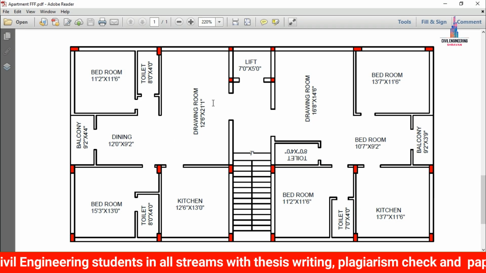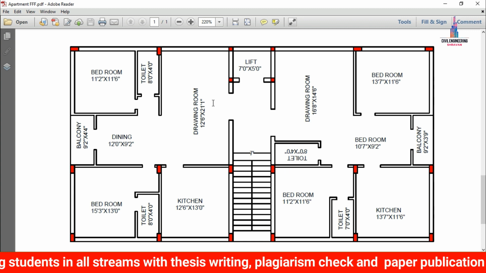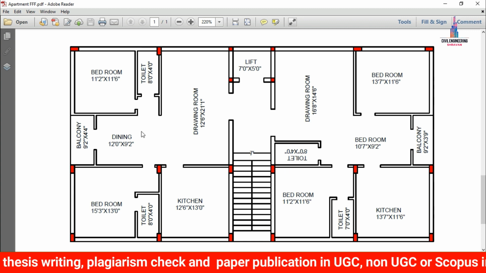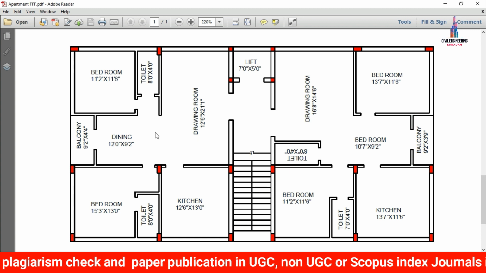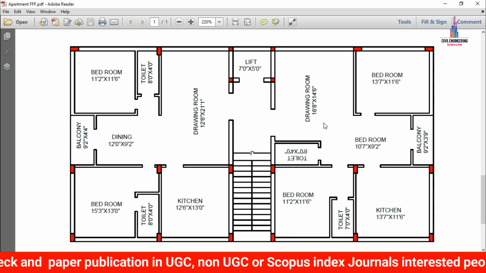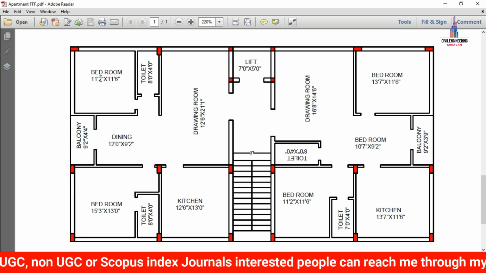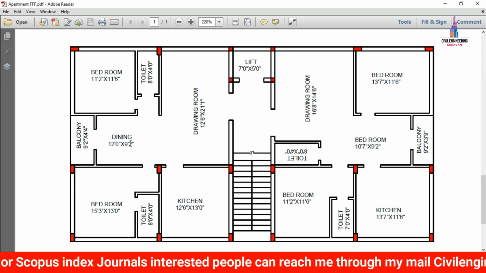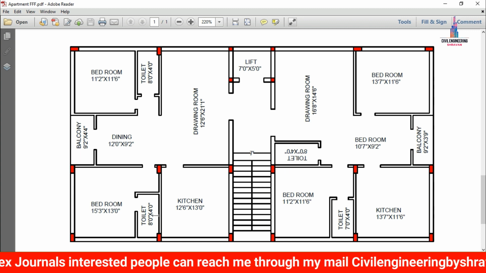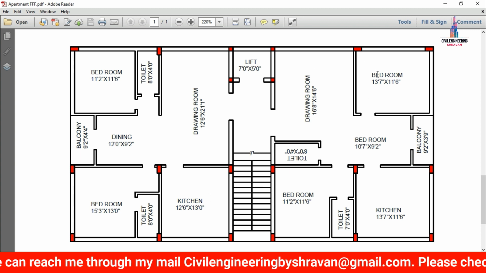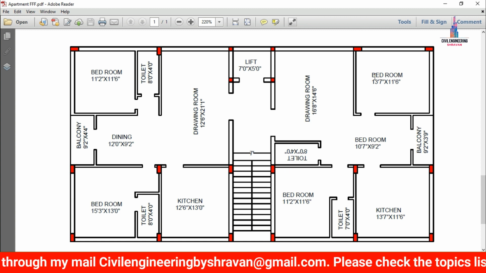So this is the floor plan, which consists of the lift portion and provisions for the staircases. The left-hand section consists of the first flat and the right-hand section consists of the second flat for this house. Let us consider this is the bedroom, toilet, drawing, this is the living room, balcony, bedroom, toilet, kitchen, and in the same way the right-hand section has the dimensions and specifications of the building plan.